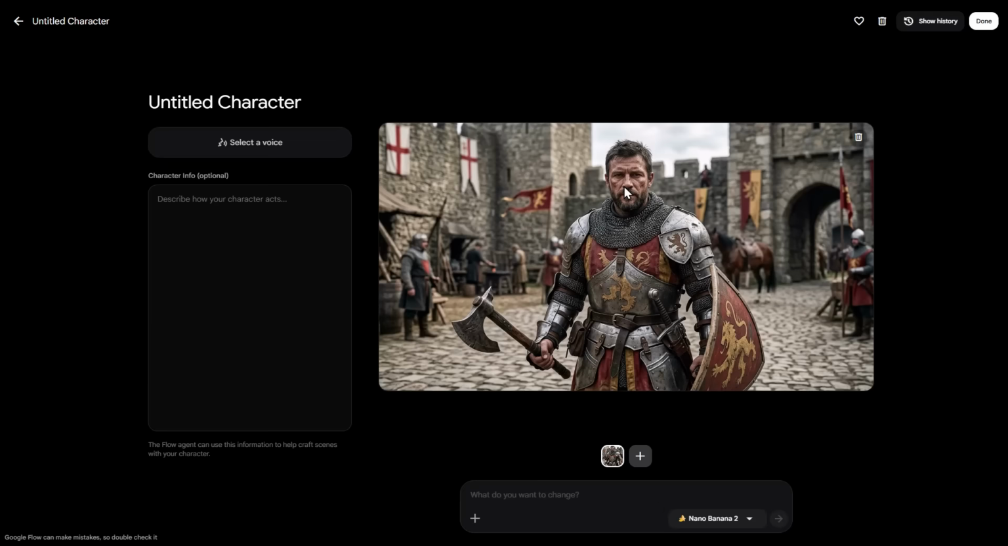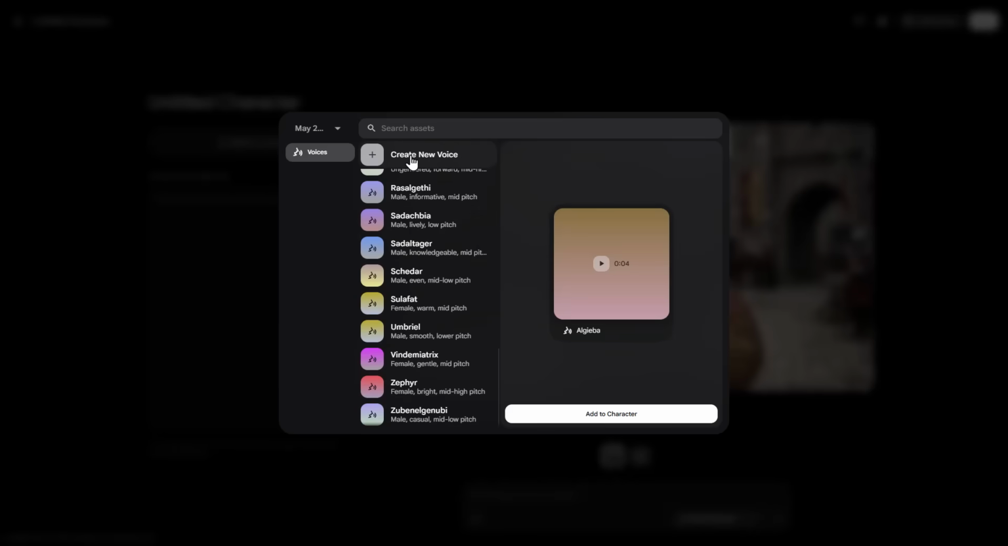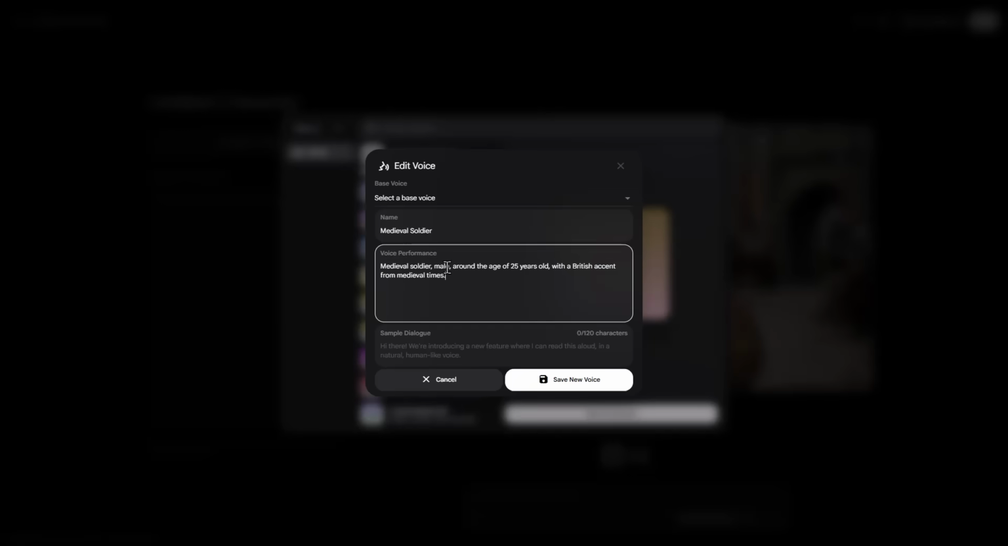The next cool thing here is that you can actually select a unique voice for the specific character by clicking on the Select Voice button right here. You'll see a wide variety of default voices to choose from, or you can just create a custom voice for your character from scratch. I'm going to create a new one and name it Medieval Soldier. Now, I need to describe the voice performance I'm looking for. I'll type something like Medieval Soldier, male, around the age of 25 years old, with a deep British accent from